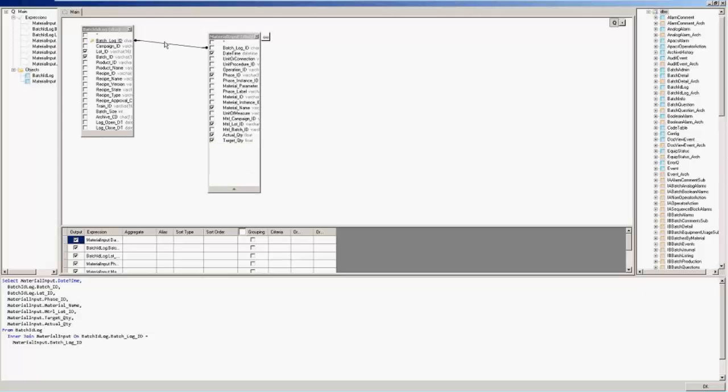I dragged and dropped a connection to make a join. So it actually joins the tables so that I can then pick fields. So you just simply click on the fields you want, and let's say I want to sort maybe by batch ID. So let's add a sort order ascending, and then by lot ID secondary. And so there we have it, added the order by expression in our